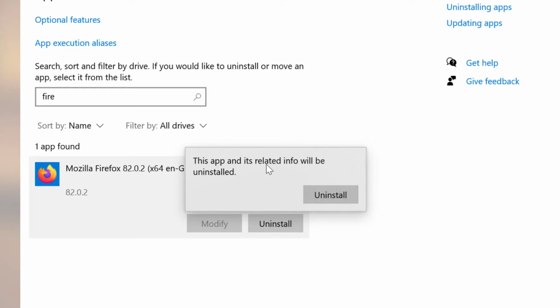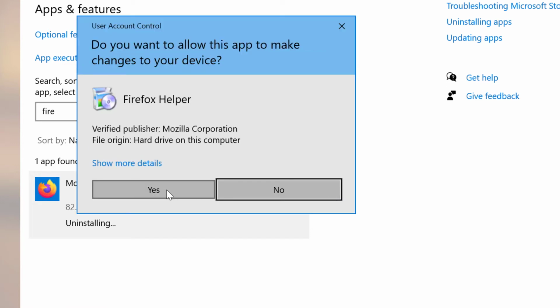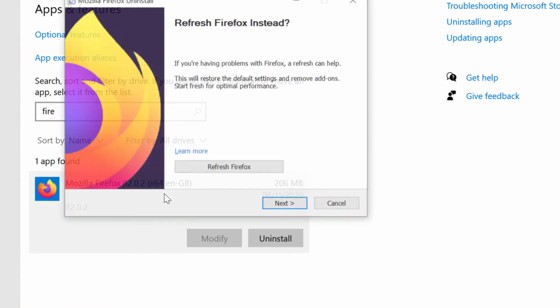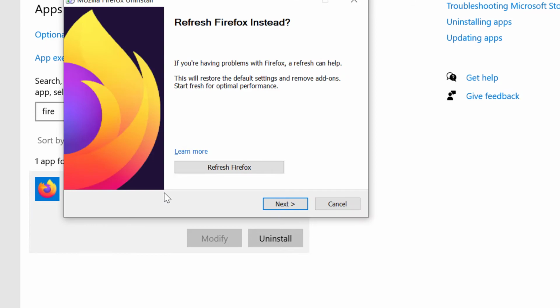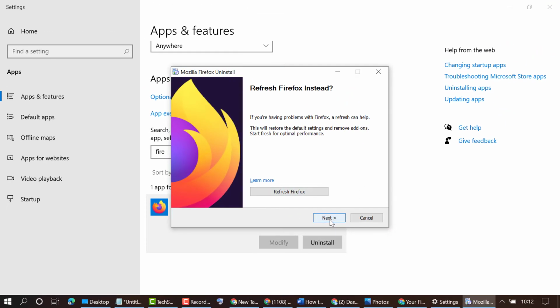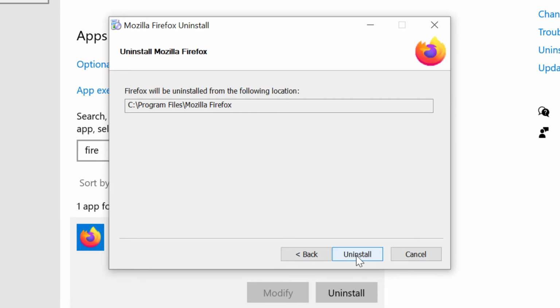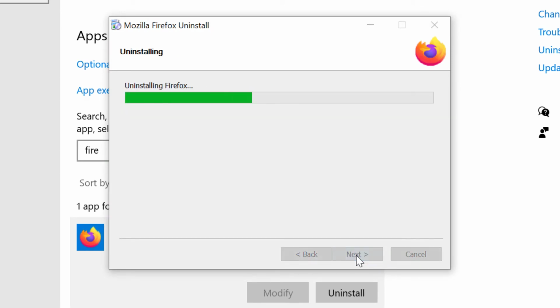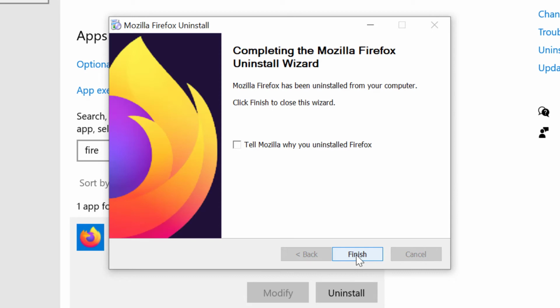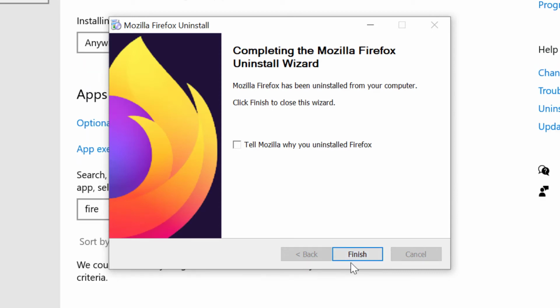This app and its related info will be uninstalled. Click on Uninstall. Click on Yes. Click on Next. Click on Uninstall. Now click on Finish